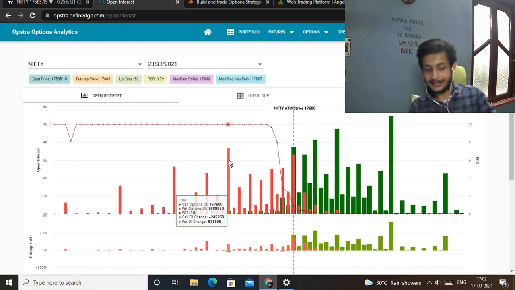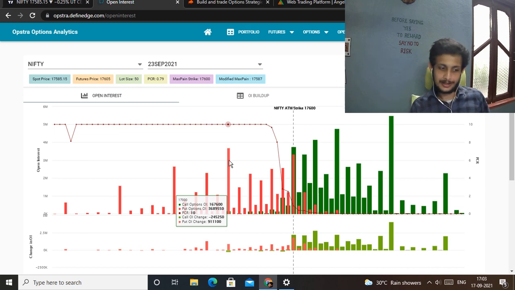Today I'll show you the exact and proper way to find the range of the market using the OI charts. If you practice this for a month or two, you'll be able to reach an accuracy of around 80 to 90%. That is, 80 to 90 times out of 100 you will be successful in predicting the range of the market within that expiry. So this is going to be a master key for your trading career. And even if you can't predict the range with such high accuracy, you are definitely going to make some little but regular income selling options.